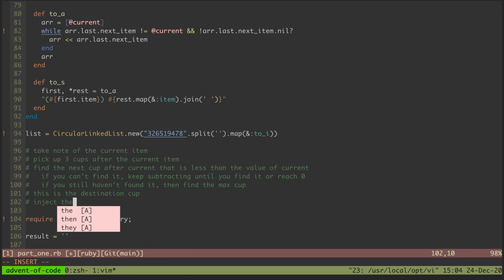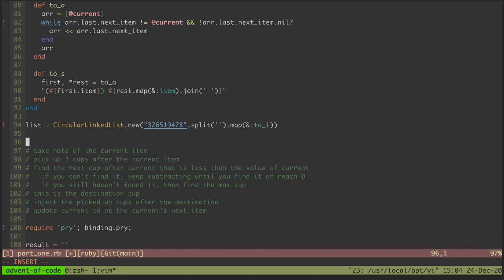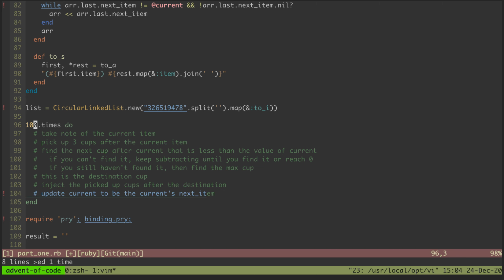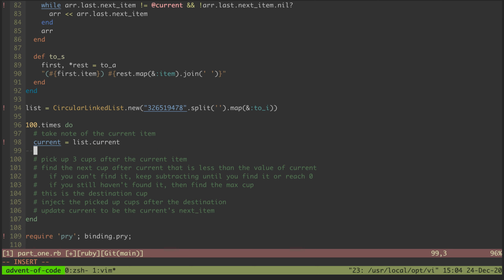Then we want to inject the picked up cups after the destination, and then update current to be the current's next item. And then we keep going and we do that 100 times. So we'll say 100 times do. We're going to do all of this. All right. So the current will be list.current. Then